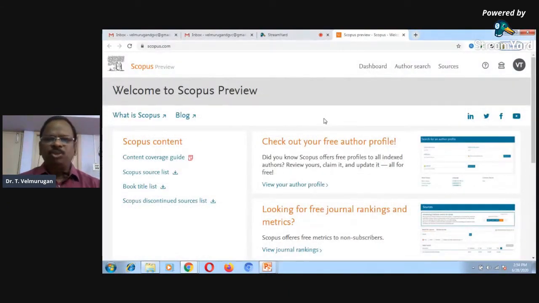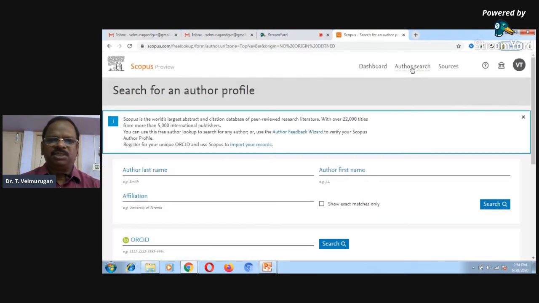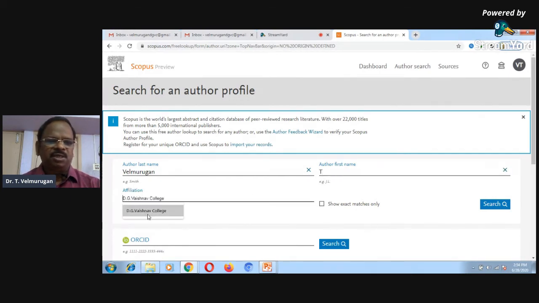Next, suppose you want to find out whether your article is available in the Scopus database or not, just press author search here. In the author search, you have to enter your last name and first name initial.